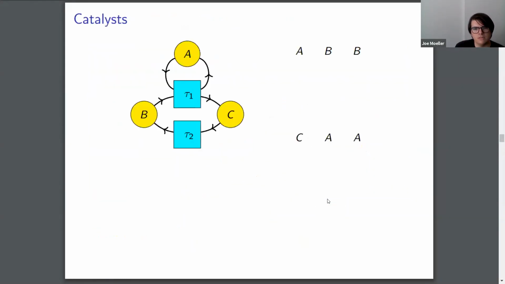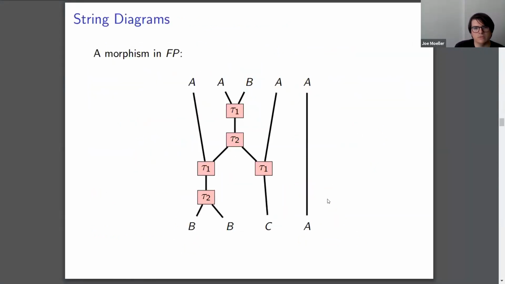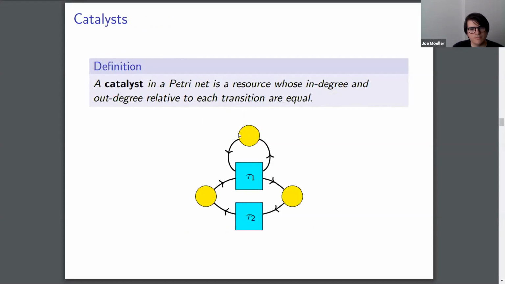So catalyst is this, so maybe your question is, what is the motivation for talking about a resource that doesn't get consumed or produced in a process? If that's the question, then our motivation was actually thinking about a sort of network of resources, where your resources can be like trucks and boats and people and maybe warehouses full of boxes of stuff. And you want to transport these things around, but you want to also keep track of the resources you're using